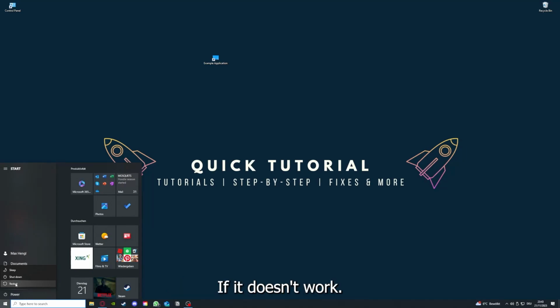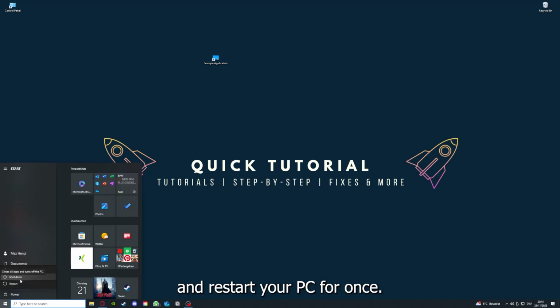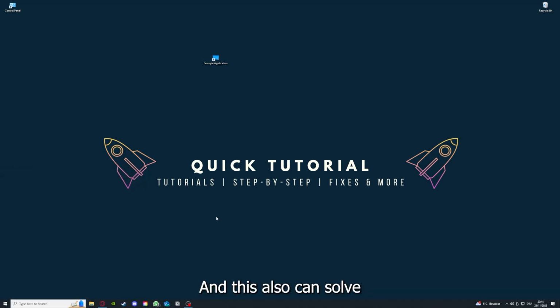Doesn't work, just go to restart and restart your PC for once, and this also can solve a lot of problems within an application. And yeah, if you restart your computer, you also make sure that nothing else is running,